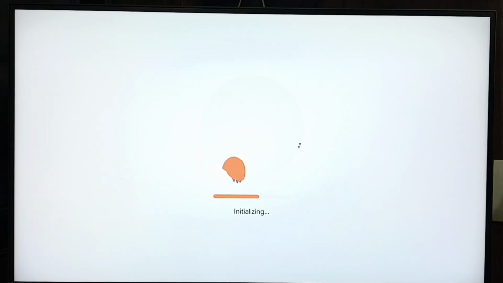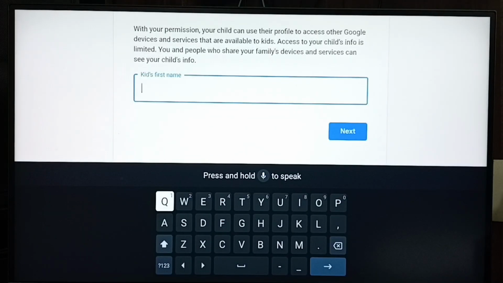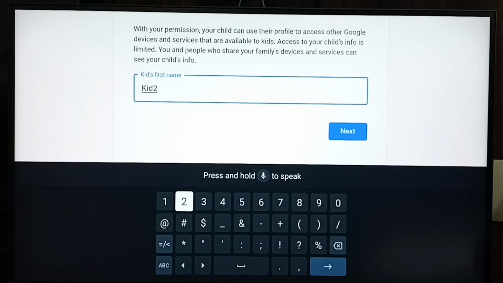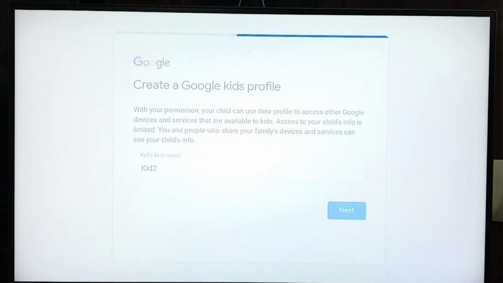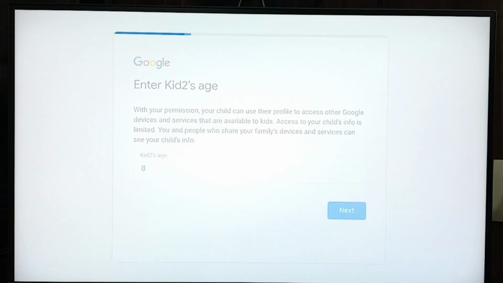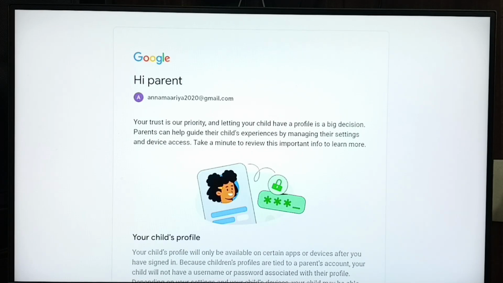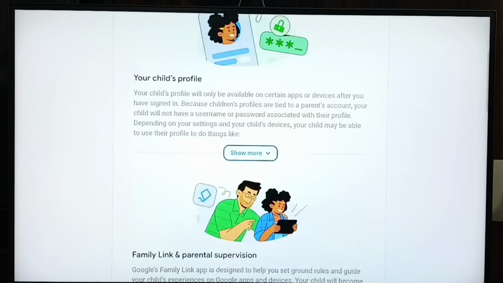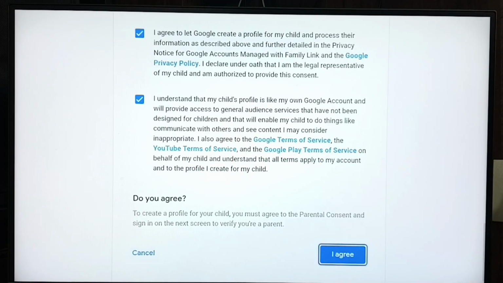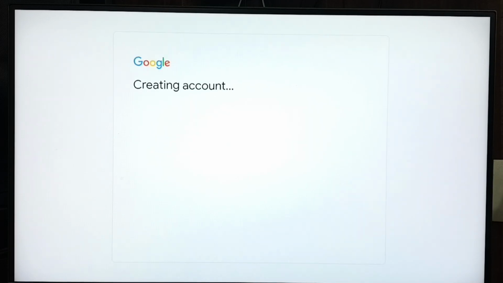Now it's initializing, please wait. Then you can enter the name here. Let me enter kid2. Age 8. Submit. Go down, select these agreements, select I agree. See, now it's creating account,